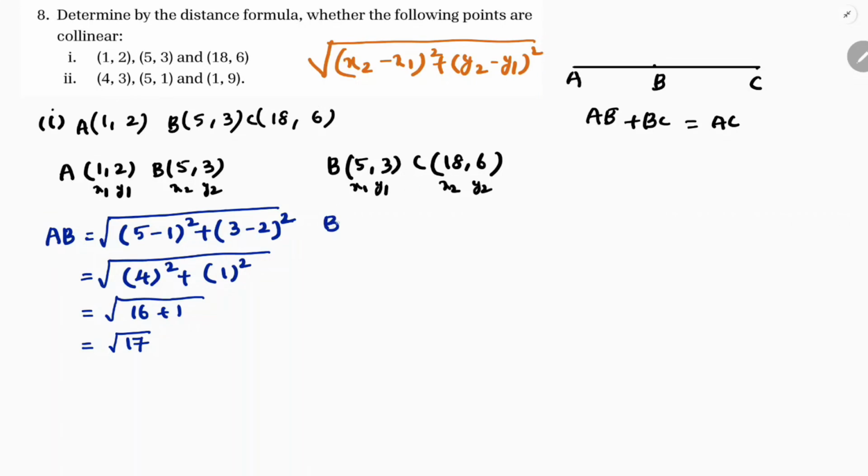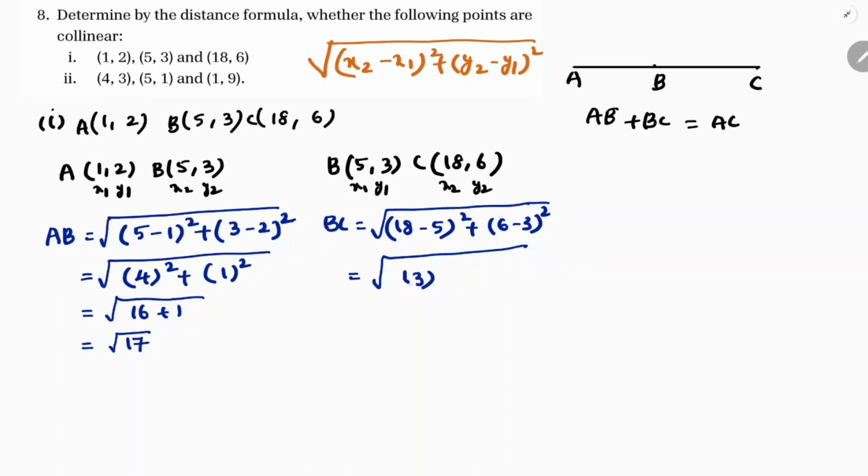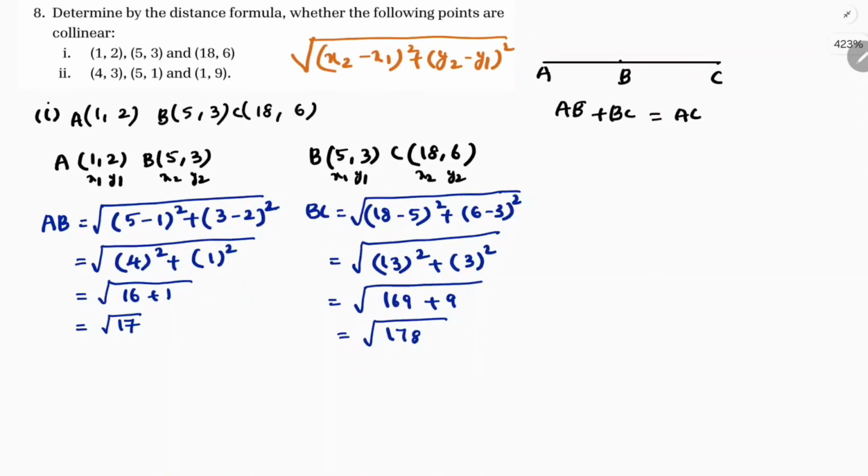Now if we calculate the distance BC, under root 18 minus 5 whole square, 6 minus 3 whole square. 18 minus 5 is 13, 6 minus 3 is 3. 13 square is 169 plus 3 square is 9. So it is 178. Now 178, if you want it in simplest form,